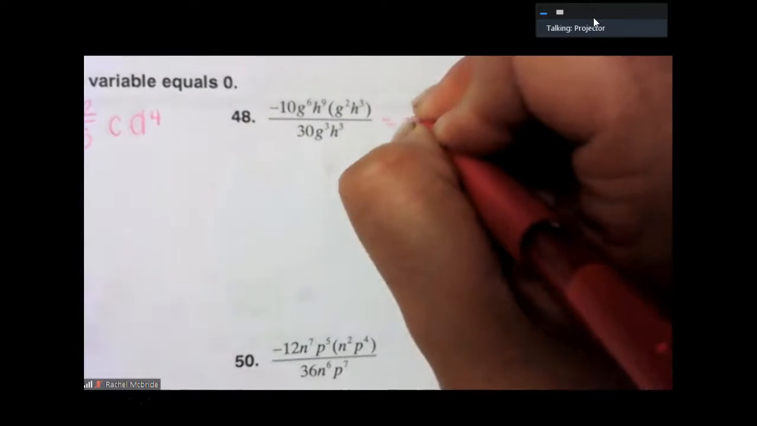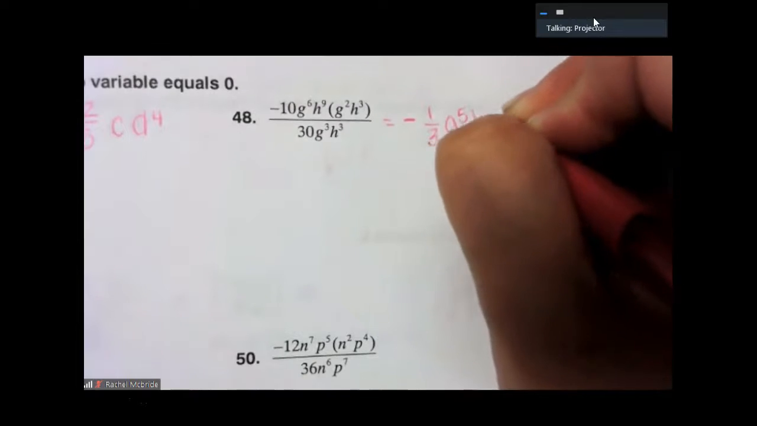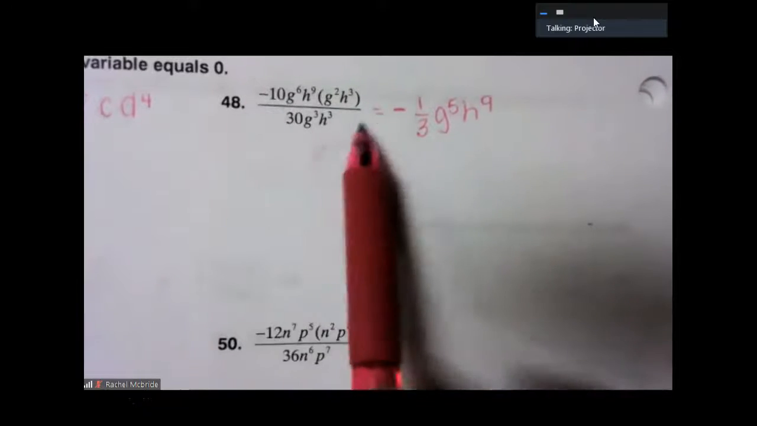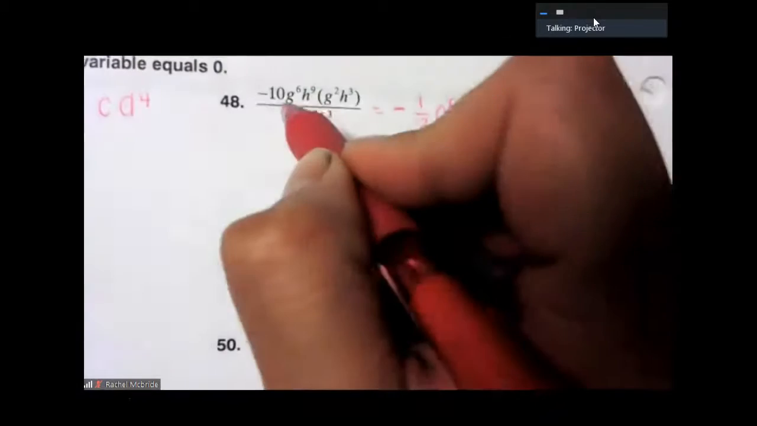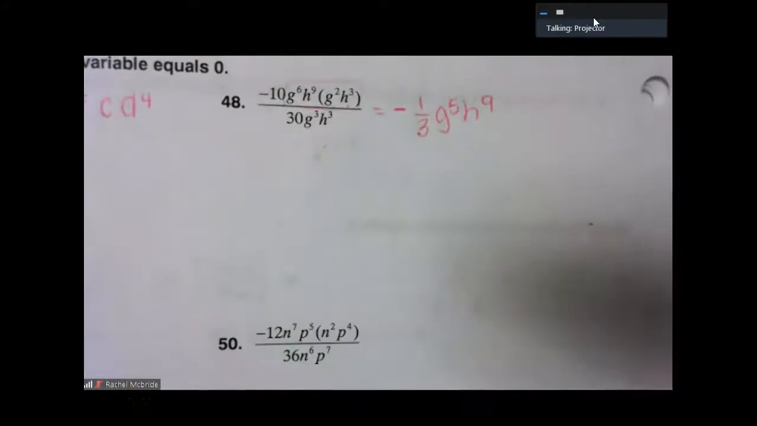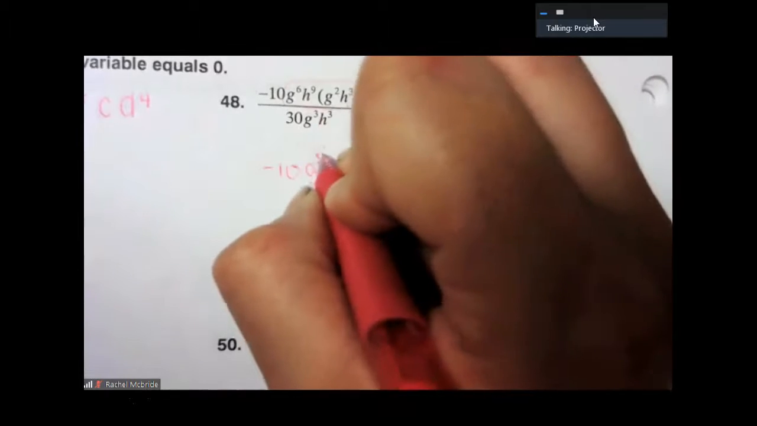And then 48, you should have a negative 1/3 G to the 5th, H to the 9th. So when I look at something like 48, I would clean up the top, getting the G's and the H's together first, then clean it up with the bottom. So I would probably have turned my top to negative 10, G, and I would have added the 6 and the 2 to get 8, added the 9 and the 3 to get 12,